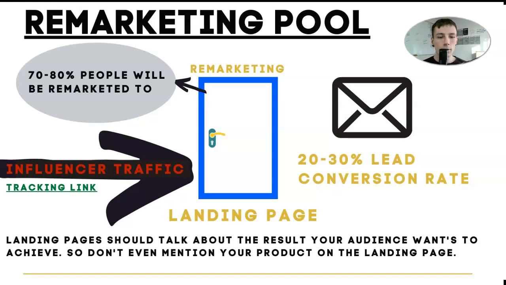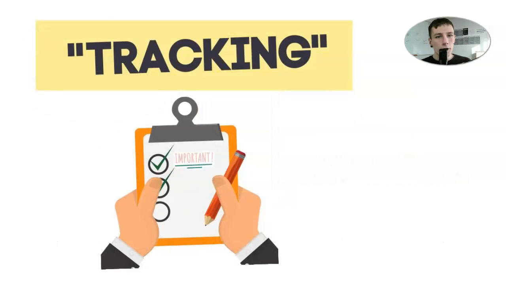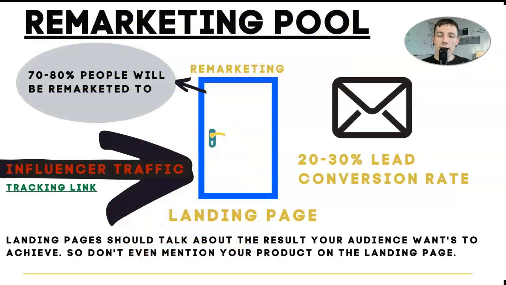Now, a big important thing that we want to talk about just before we finish up here is you want to track all your traffic. So we're going to get this traffic from all different influencers, whether it's Facebook, Instagram, YouTube, and we're going to want to use a unique tracking link. If you haven't watched that video, you're going to want to go back and watch the last video that we just did on tracking, and you're going to understand the importance of tracking and the overall strategy of it. But this is the ultimate influencer marketing strategy to be able to get traffic from influencers to come to your business.